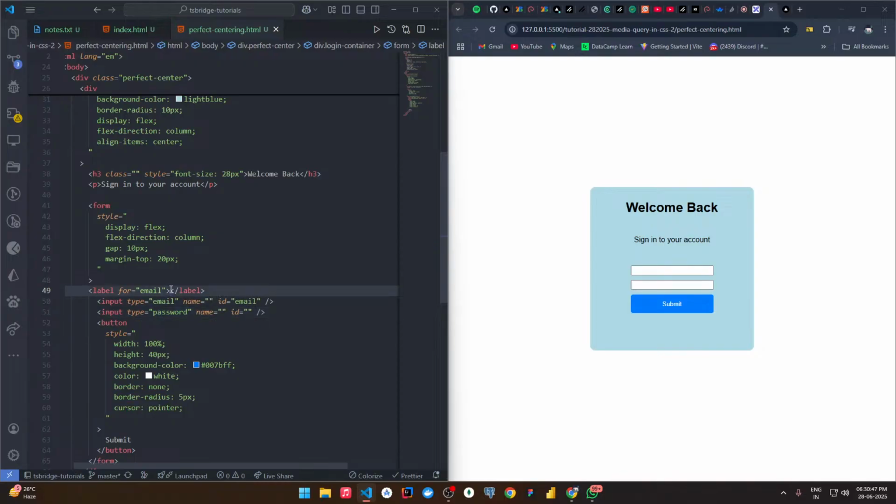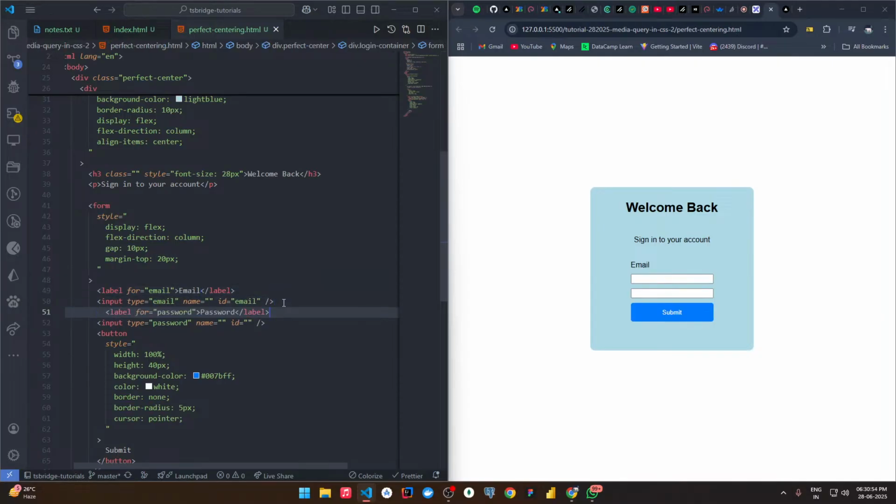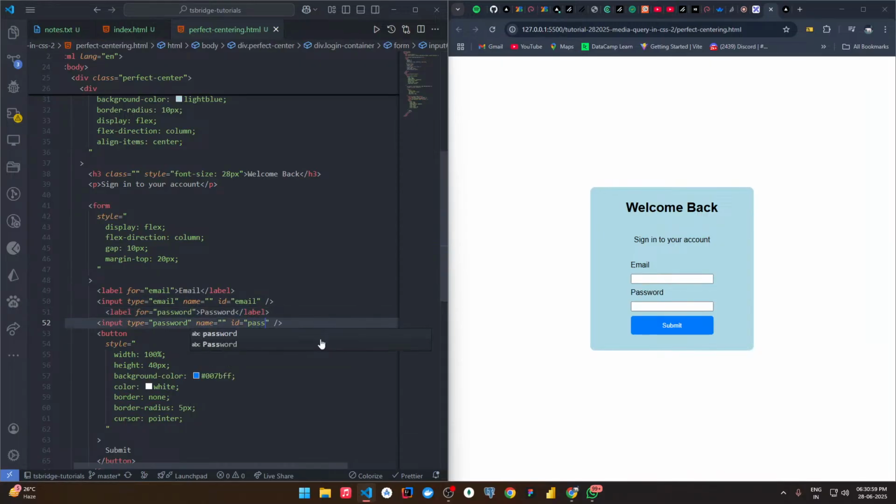Inside the label, email. Okay, and here also the same thing, label for password. Okay, so see, but the thing is that if we applied gap here, the gaps are being applied here also, between the label and inputs also. We don't want that. So what we can do is remove this gap currently